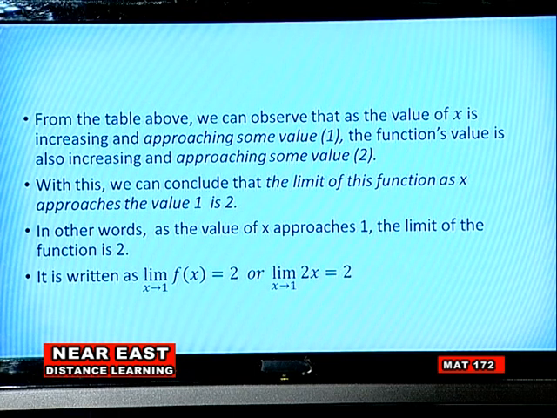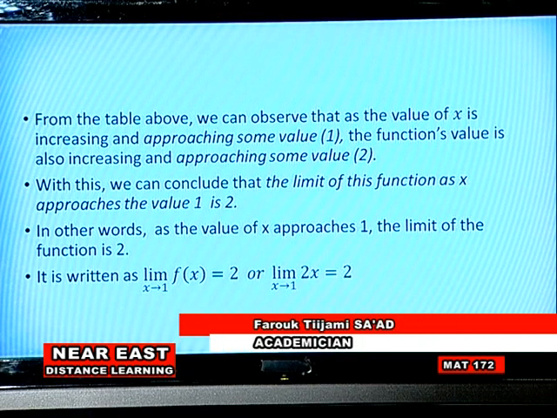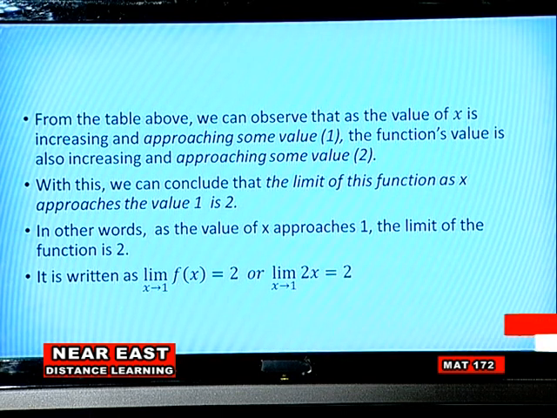So from the table above, we can observe that as the value of x is increasing and approaching some value, which is 1, the function value is also increasing and approaching some value, 2. So x is approaching 1, and f of x is approaching 2. So with this, we can conclude that the limit of this function